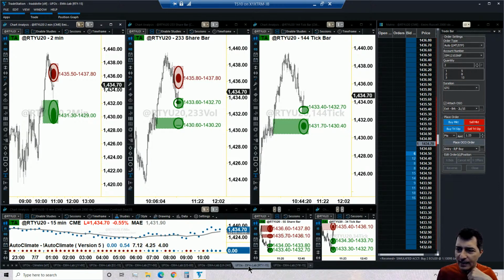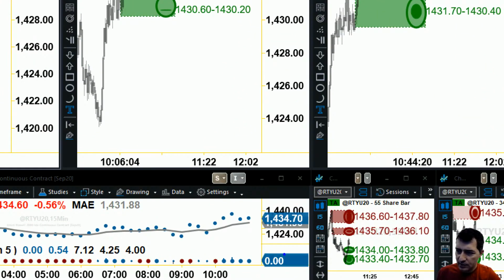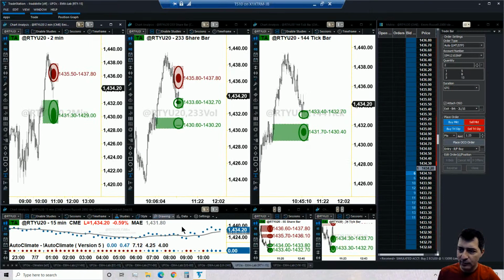So what do we have with the yen? Sorry, let me rephrase that, with the Russell. With the Russell, we have a climate which is confirmed to the upside, candle number 4 out of what statistics suggest would be 8 candles into this climate. Okay, so 4 out of 8, certainly we are on time to take this trade.